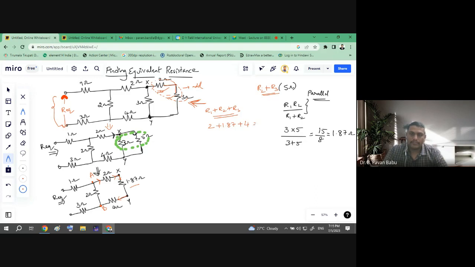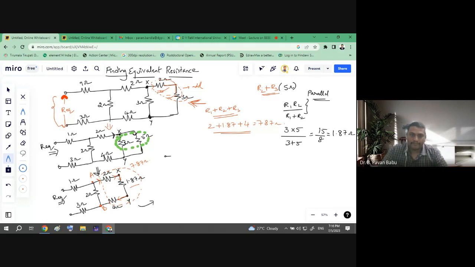Okay, so it is 7.87, right? Okay, so this is the resultant. Okay, so before that we need to highlight that, so this is the resultant. Okay, so the value is 7.87 ohms. Okay, then again how we can draw the circuit? So again how I can draw the circuit is,